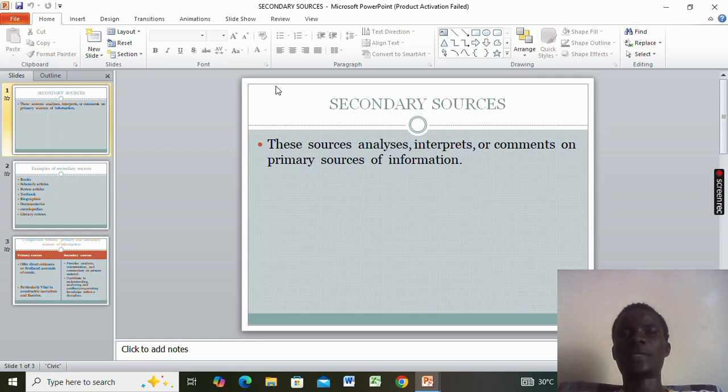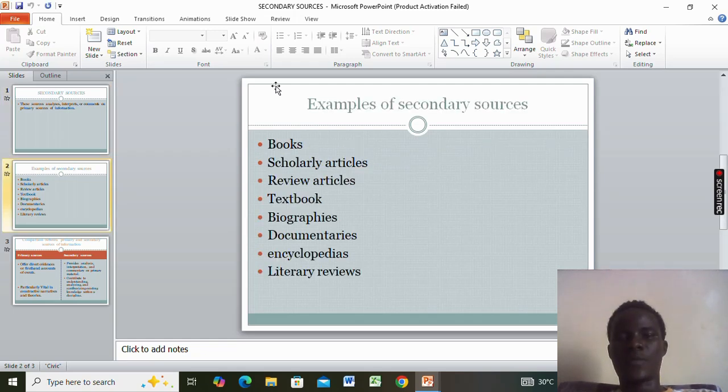We now process it, analyze it, and pack it and narrate it in a way that everyone can understand easily. For example, we have scholarly articles, review articles, literary reviews, and even documentaries. These are secondary sources.